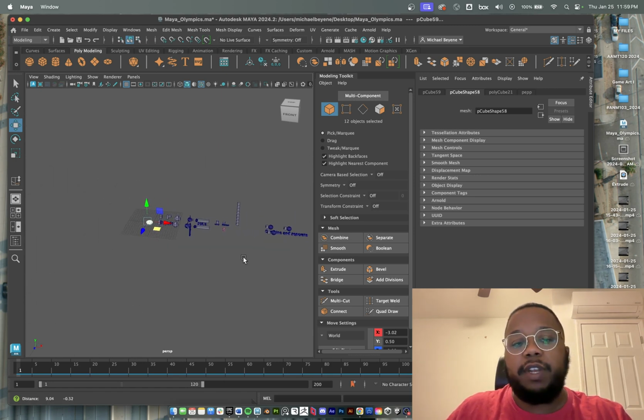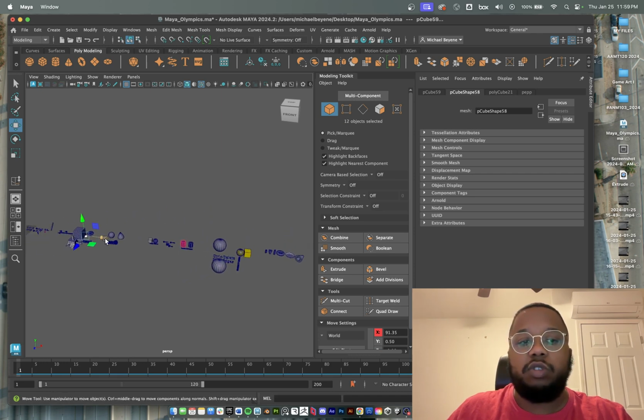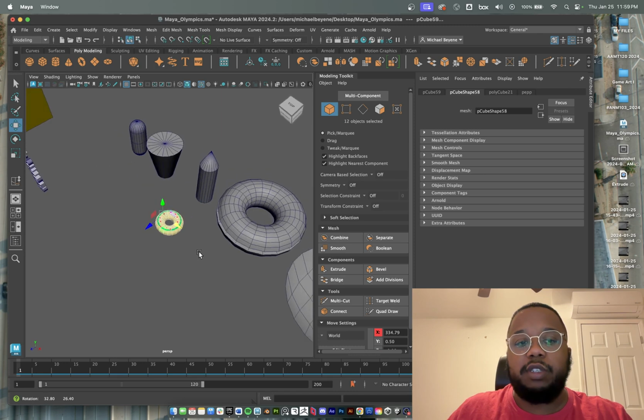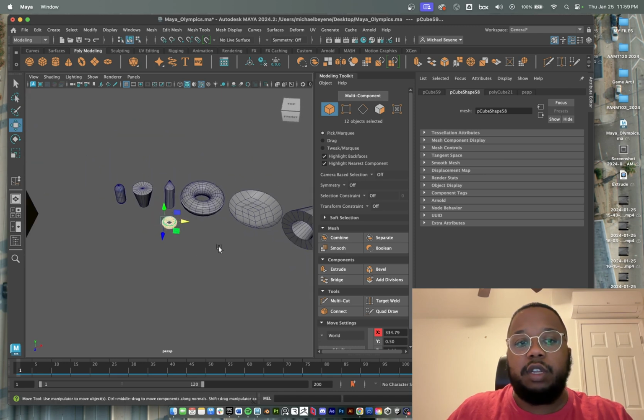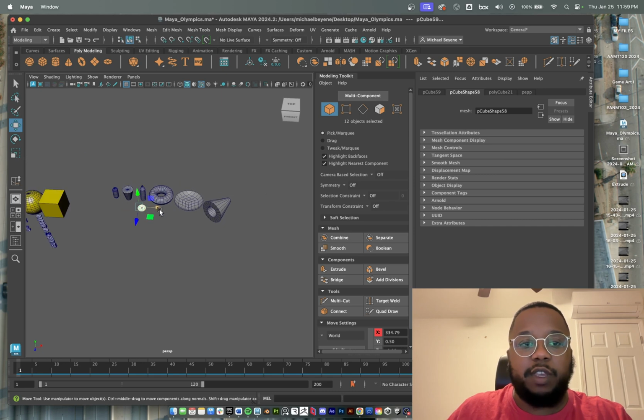So maybe not 5 objects. I'll change my mind. Let's just do 2 to 3 objects. Give me these, manipulate these objects, and then give me,